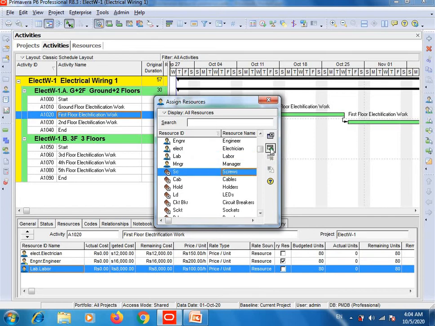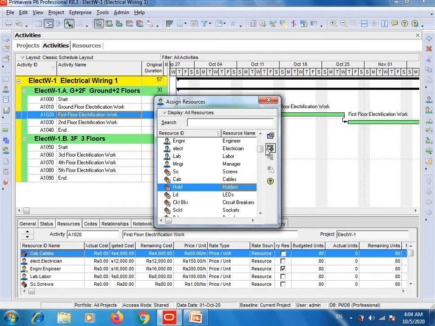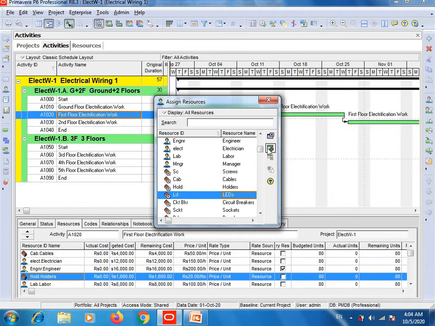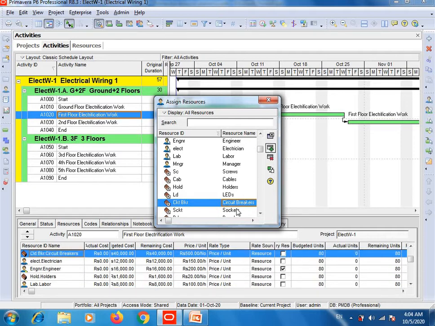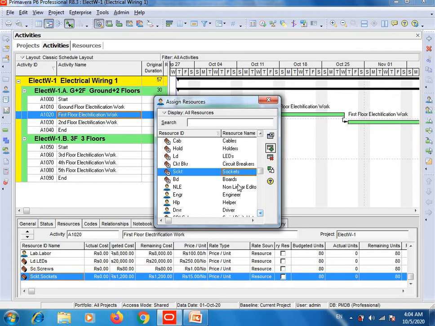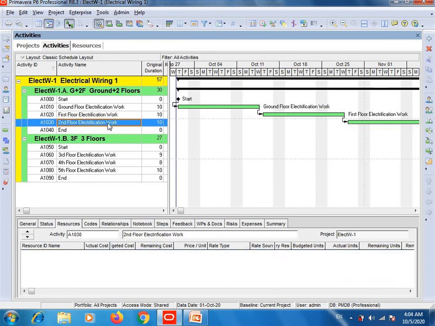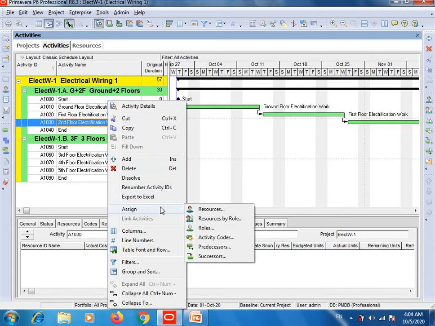Screws, cables, holders, LEDs, circuit breakers, sockets, boards. Alright, and we will do this one by one. It's a little bit tedious, but it's important.